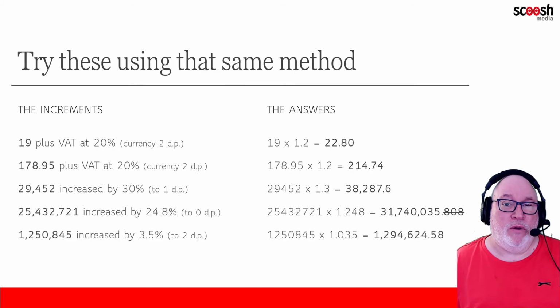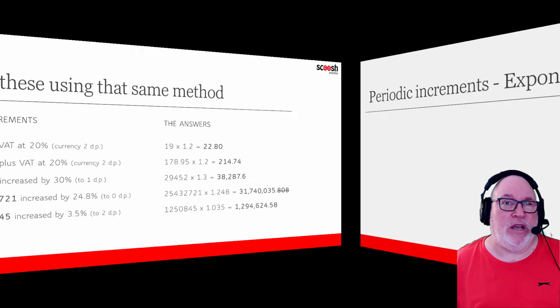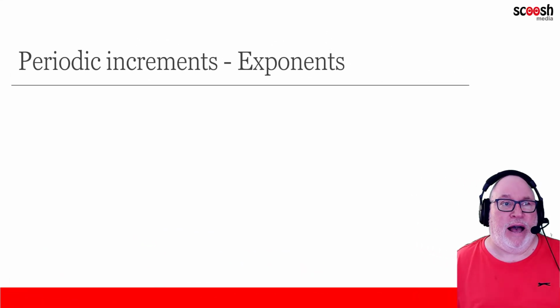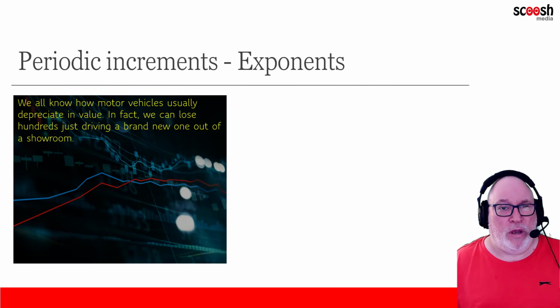let's have now a wee look, since we've done that bit there and we've seen how we can do that quite quickly. And we know how to work out a percentage amount. We also know how to add that on very quickly all in one go as well. Right, let's have a wee look at exponential amounts, periodic increments. So if we add things on a regular basis over a period of time. Now, we all know that we can do a depreciation on that as well. It works both ways. You can work out percentages to deduct, minus, or you can work out percentages and add